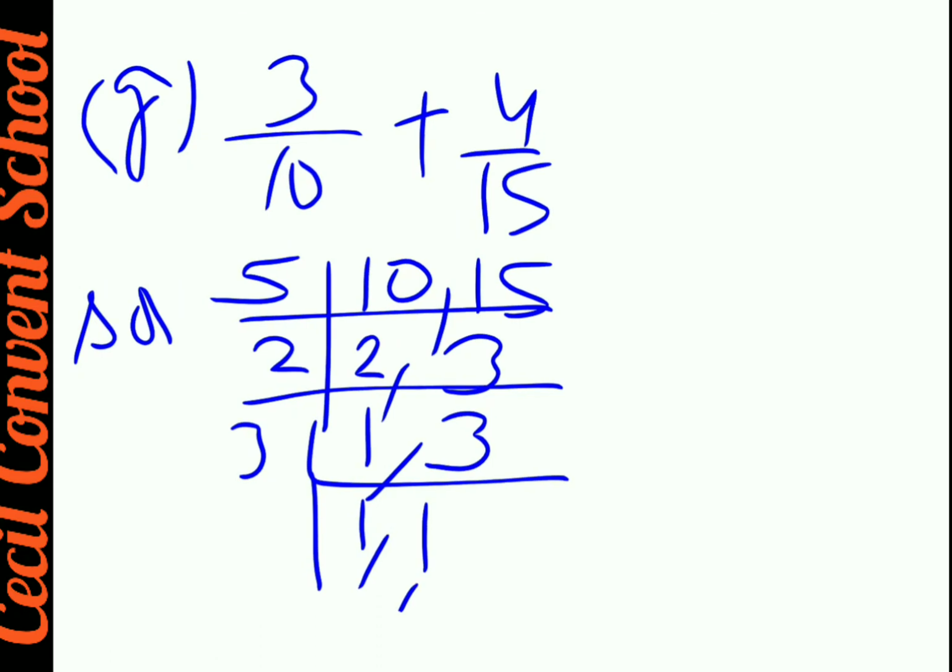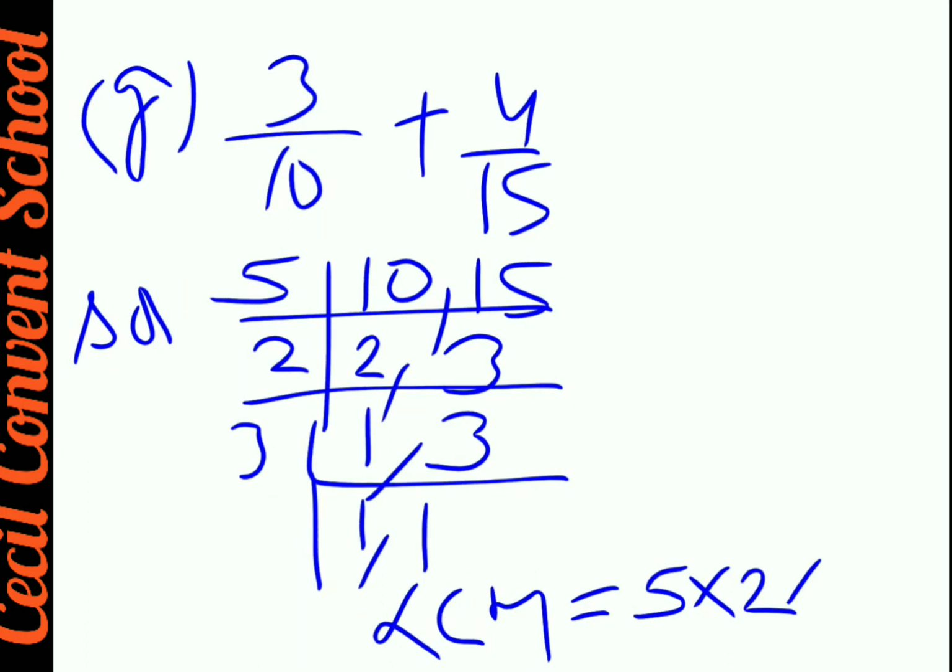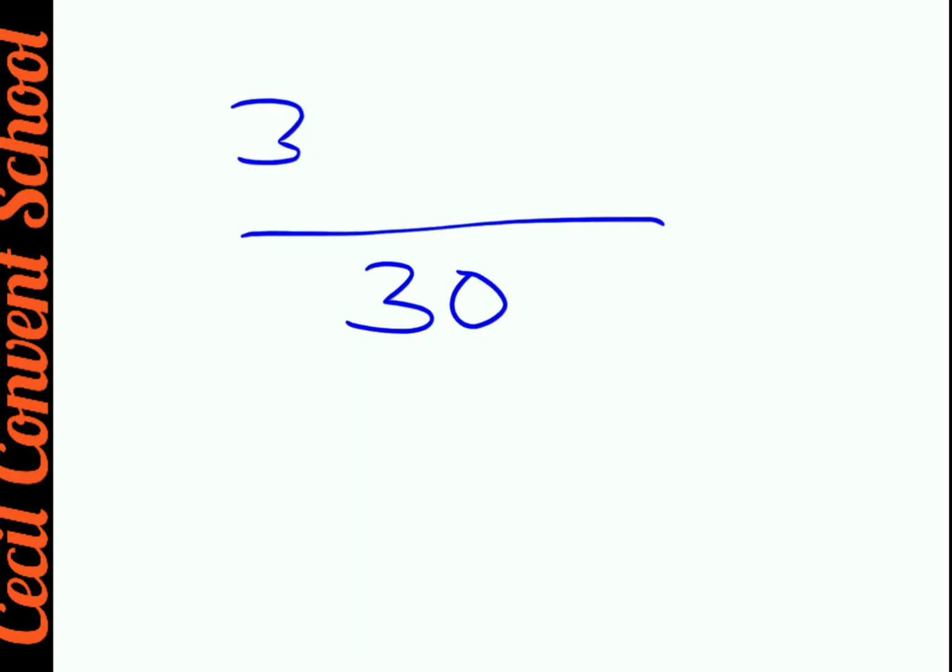Now you have to find out the LCM. So the LCM will be 5 into 2 into 3, so it will be 30 only. Clear? After this, you write the 30 down as you have done in activity 6. Now see, 30 comes in the 10 table at 3s, so you have to multiply 3 with 3.